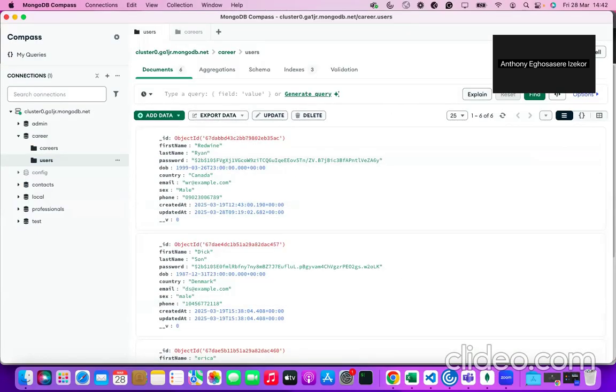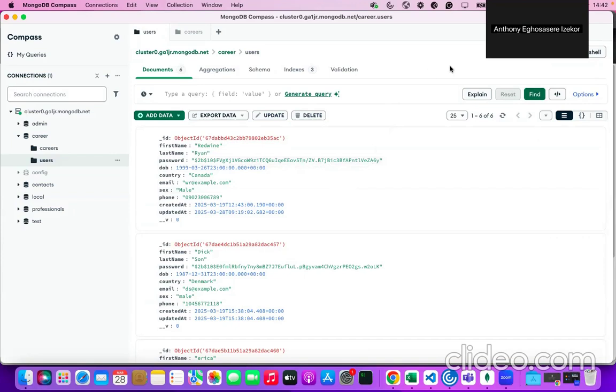I have 6 documents for the users and just 1 for carriers. For the users, we have a lot of fields, first name, last name, up to 9 fields, excluding the timestamp. And so I'll just go to,